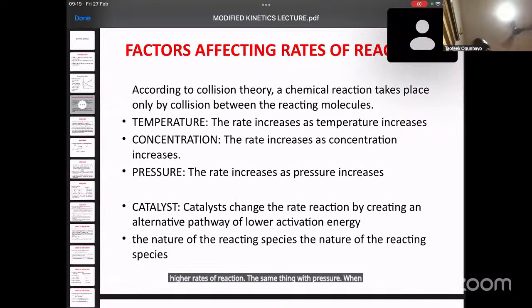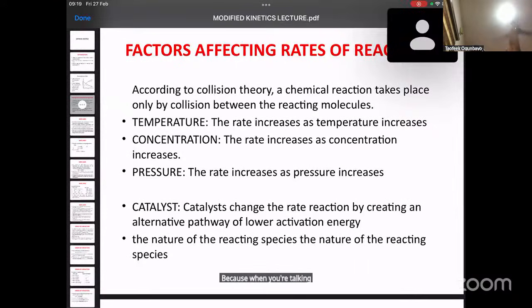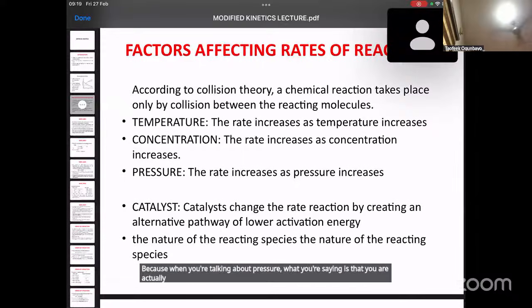The same thing with pressure. When pressure increases, the rate of reaction will also increase. If it decreases, the rate of reaction will decrease. How? Because when you're talking about pressure, what you're saying is that, if you have a fixed amount, say 40 molecules